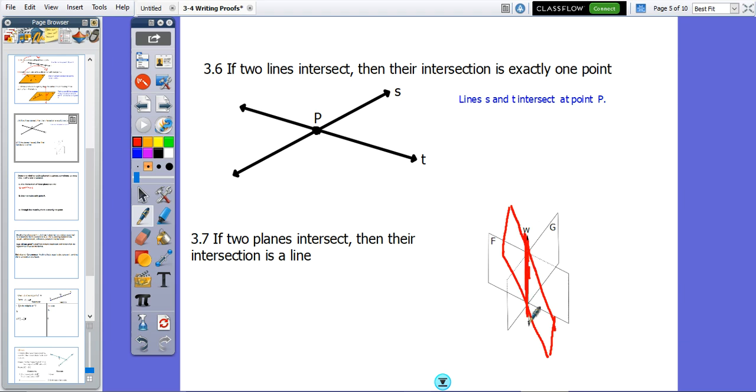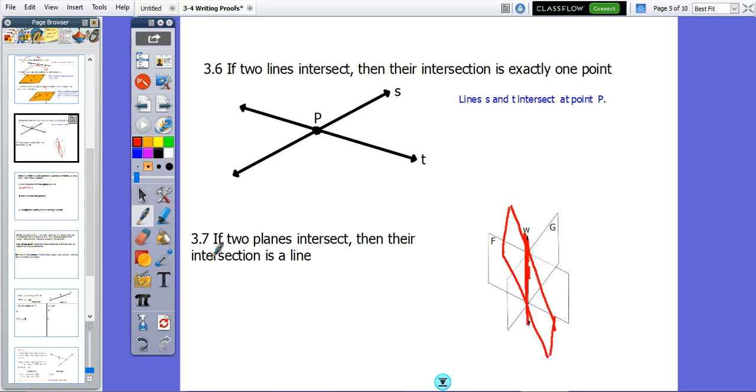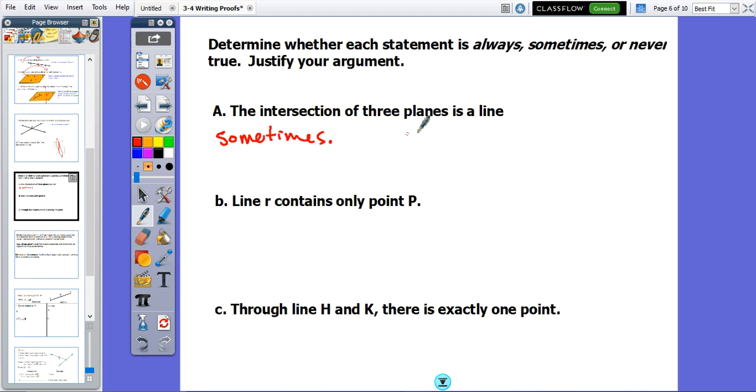That spot as well. So yeah, can it go through where they only have one line? Yeah. But is that the only way it can happen? No, that's not the only way it can happen. So that's why it's a sometimes. And you'll use that theorem as your example, as your proof here to justify it. So you say,